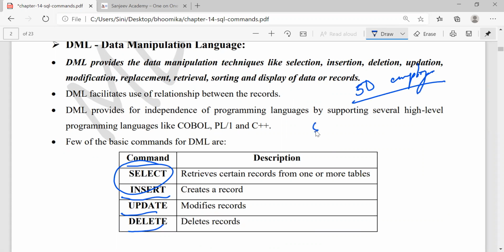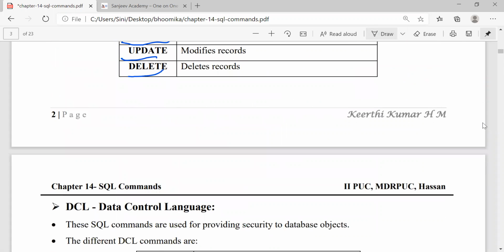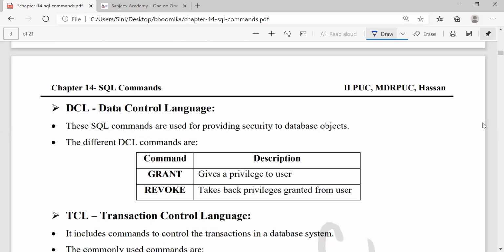I can select from the table named employee where salary is greater than 50,000. If I give it like this, the names of the employees whose salary is greater than 50,000 will be displayed. That's all.